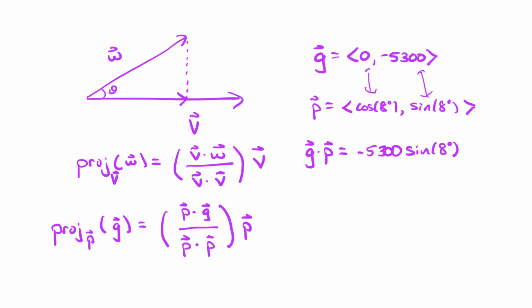So our dot product is approximately negative 737.61744. Because P is a unit vector, P dotted with P is just going to be 1. So if we plug this into our formula for the projection, we have